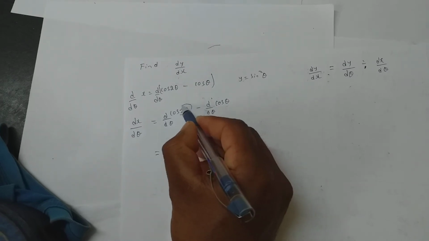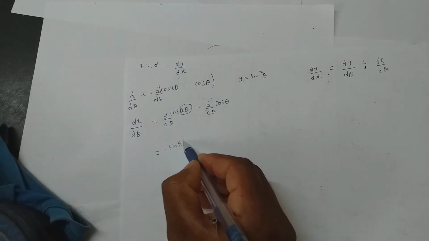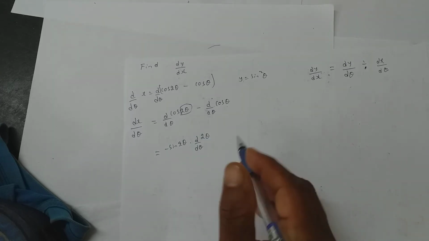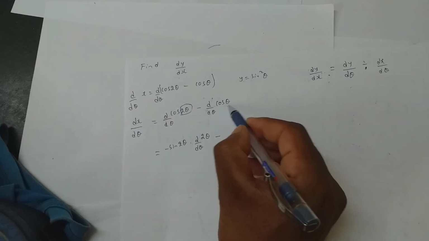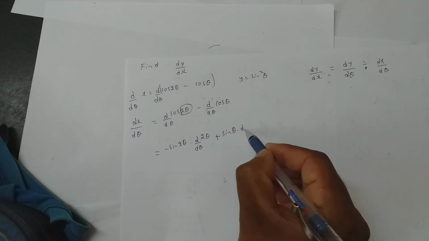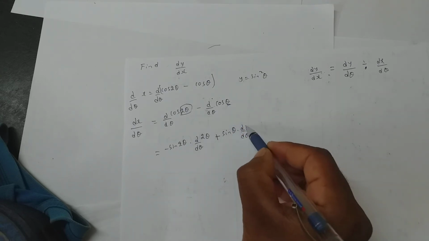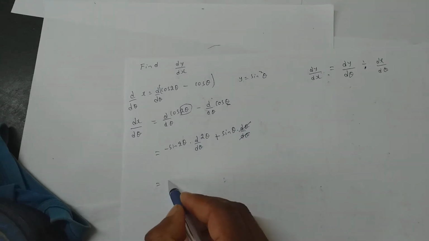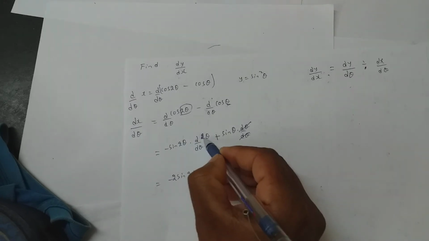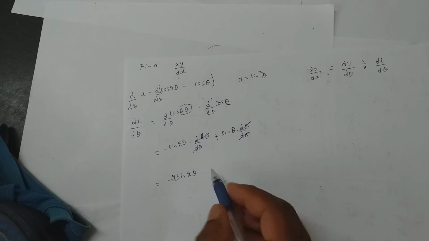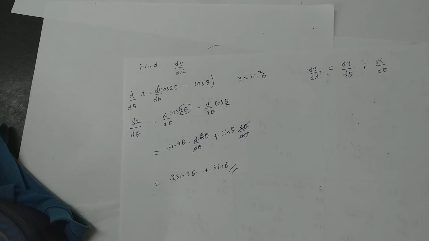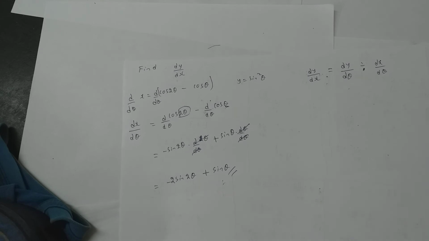Now the derivative of cos x is minus sin x. So minus sin 2 theta into d by d theta of 2 theta. Clear? Now again, the derivative of minus cos x is sin x, so minus minus makes it plus sin theta into d by d theta of theta. In this case it gets cancelled. Here, minus sin 2 theta, 2 will come outside. Once 2 is no longer there, d theta is gone. Plus sin theta. This cannot be simplified further, so leave it here. Did you understand? Next.